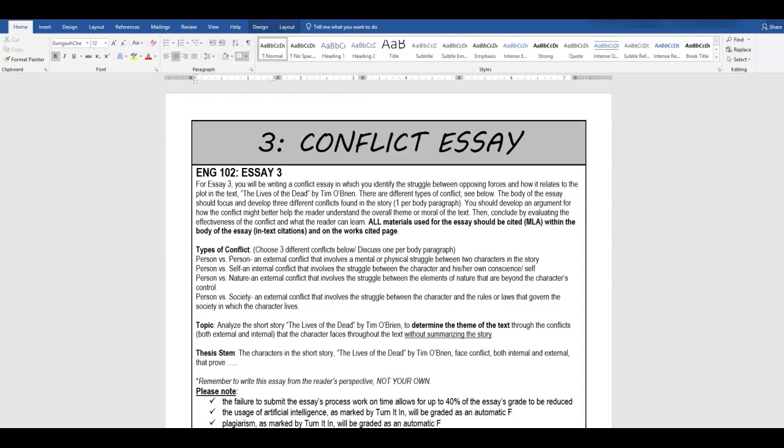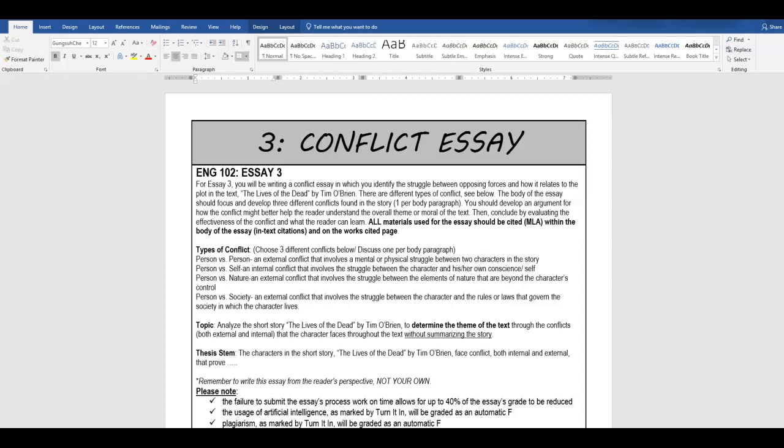For essay 3, you will be writing a conflict essay in which you identify the struggle between opposing forces and how it relates to the plot in the text, The Lives of the Dead by Tim O'Brien. There are different types of conflict, and we will talk about them in just a minute. They are also listed and defined right below where we are talking on the description sheet. The body of the essay should focus and develop 3 different conflicts found in the story, so one per body